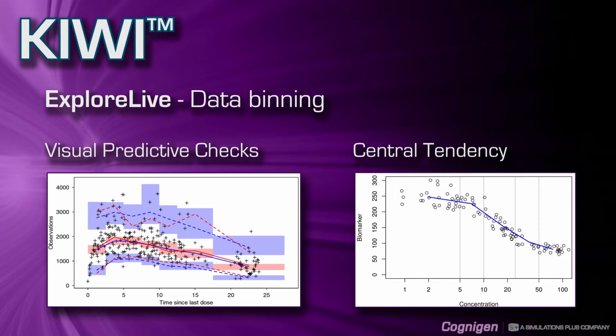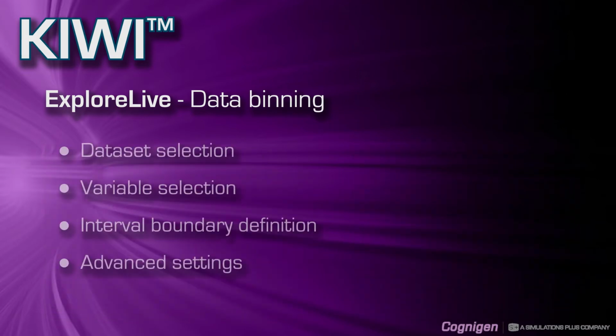Similarly, we often have to create plots that summarize the central tendency of data. For example, showing the effect of a drug concentration on a biomarker. Because the drug concentrations are obtained from a continuous distribution, we have to bin this information to compute mean or median and represent this mean or median profile versus the concentration. So I will demonstrate how you can use the tool provided by ExploreLive to optimize the choice of those